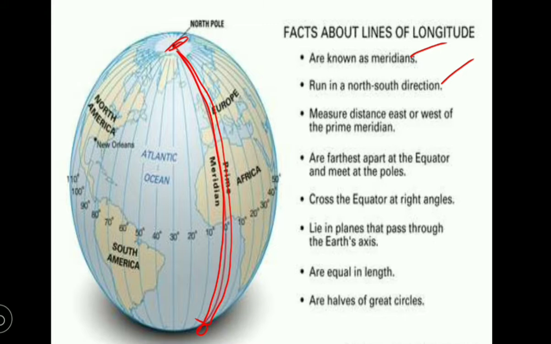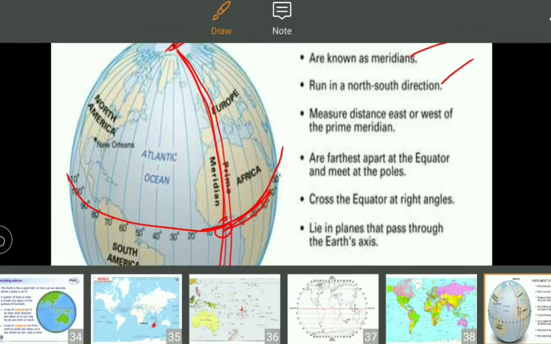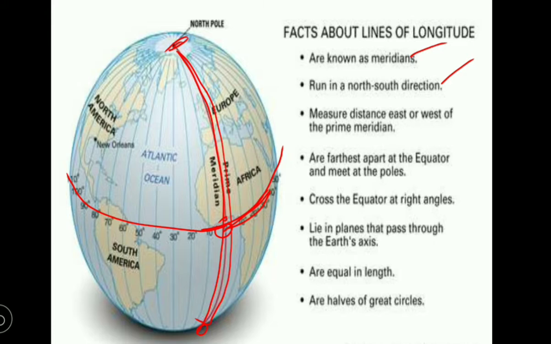So from the right side of the prime meridian, all lines from the 0 degree prime meridian up to the 180-degree meridian are measured in degrees. From the 0 degree prime meridian, or Greenwich meridian, in the eastward direction, all the lines are measured in degrees up to 180 degrees. So totally 360 longitudes are located on our globe, and are farthest apart at the equator and meet at the